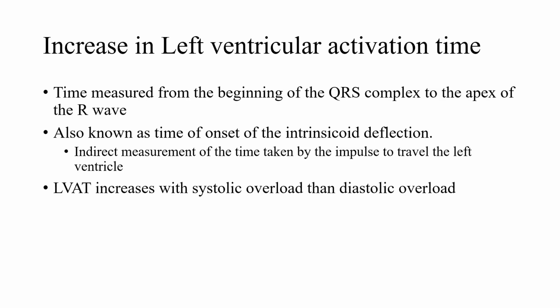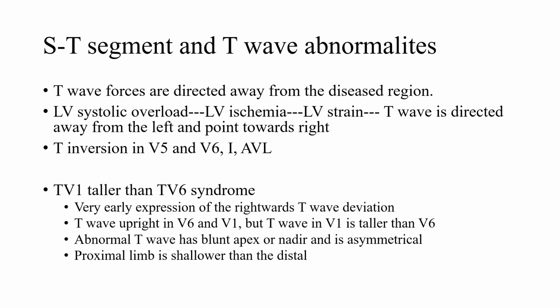There will be an increase in the left ventricular activation time, that is the time measured from the beginning of the QRS to the apex of the R wave. This is also known as the time of onset of intrinsicoid deflection, and it is an indirect measurement of the time taken by the impulse to travel through the left ventricle. It increases because there is hypertrophy, so there is more muscle mass and more time to travel. This left ventricular activation time increases more with systolic overload than diastolic overload, and more changes occur in the ST segment and T waves in systolic overload,